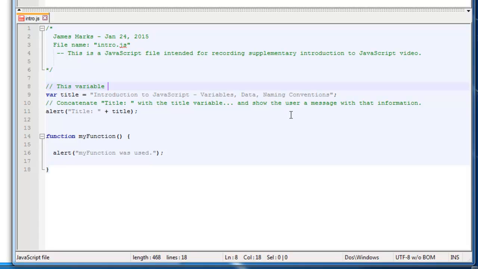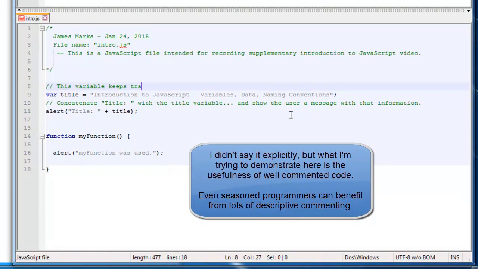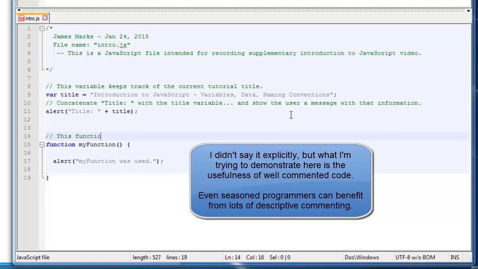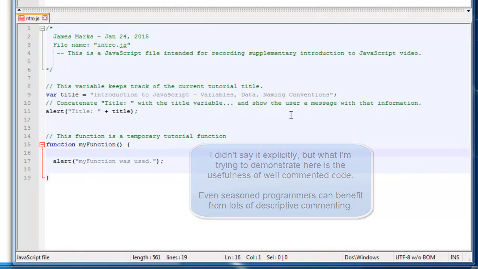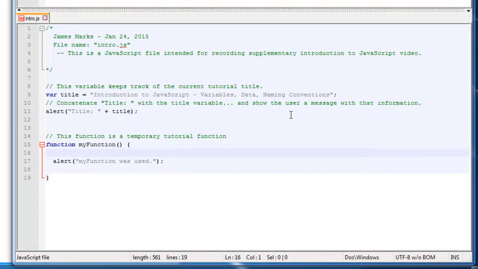This variable keeps track of the current tutorial title. And this function is a temporary tutorial function. Alright, so we want to talk about variables, data types, and naming conventions. First, let's talk about naming conventions because it's really the quickest and simplest thing to do, and it doesn't actually affect our HTML page. You may have noticed that I start all my variable and function names with a lowercase